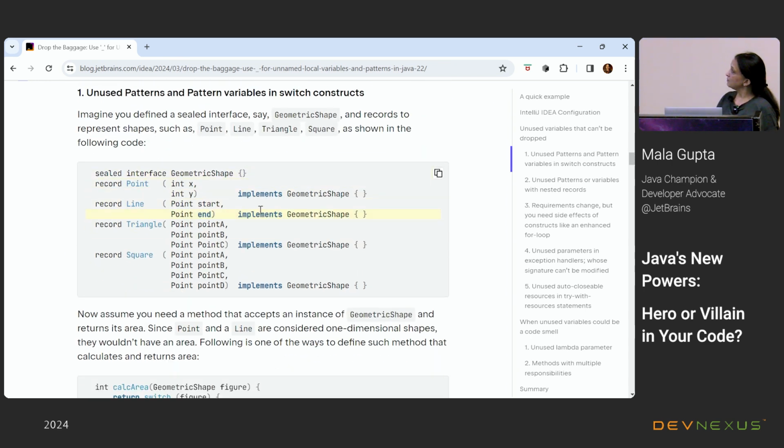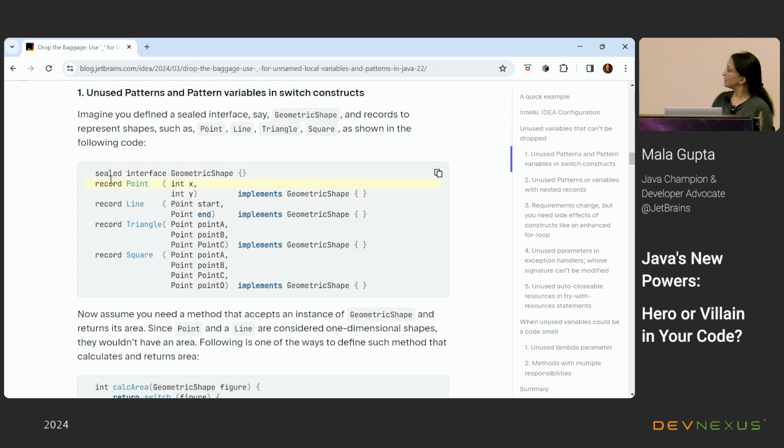So this is an example of a record. This is a sealed interface and multiple records. Has anyone used records? Okay, 1, 2, of course, yes, a couple. A record can be used to encapsulate your data without a lot of extra work, like the getters and setters, toString, hashCode, equals, all of that is generated when you compile your records. So when I say record Point(int x, int y), that would create a class on compilation which would have all those methods. So for you, the work is less. Let the compiler do all the work.